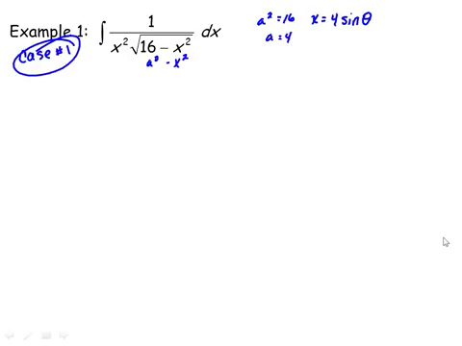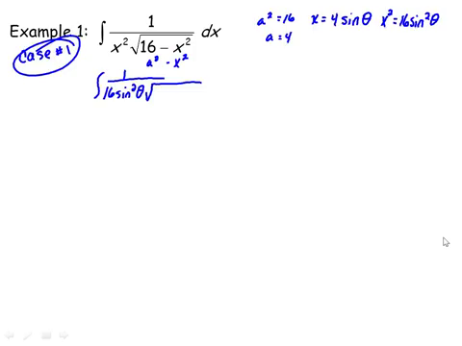Now, this is what we're going to do. We are going to substitute everything in. Okay? So, for example, I'm going to have the integral of 1 over, I need to know what x squared is. I know that x is 4 sine theta. So what would x squared be? 16 sine squared theta. Okay. We can go ahead and write that substitution in. X squared is going to be 16 sine squared theta